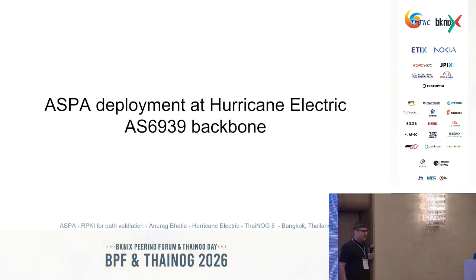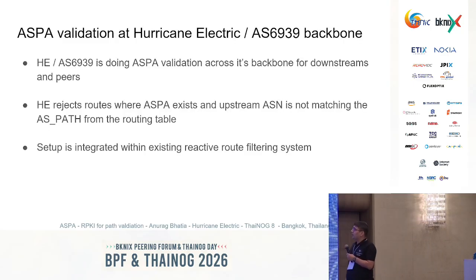With that overview in place, now I'll cover the deployment of ASPA across Hurricane Electric's backbone. So we have deployed the ASPA validation a couple of months back across our backbone. As of now, we are rejecting all invalids coming from anywhere, any peer, any customer across the world. We were able to do it before the formal support from vendors because we have a reactive system in place